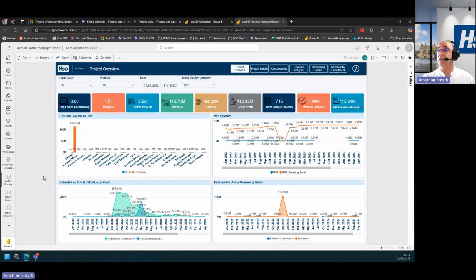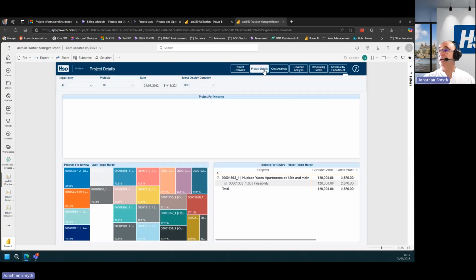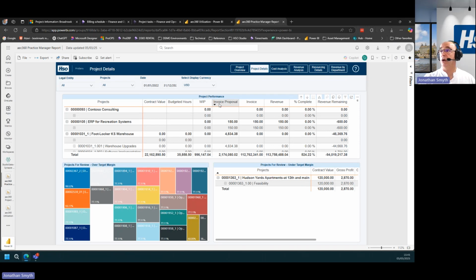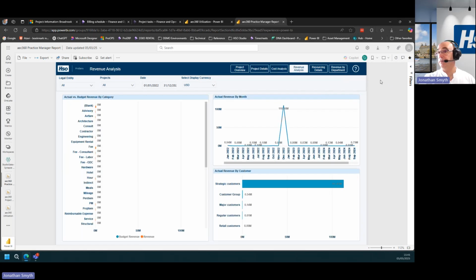Here, of course, we can see our days sales outstanding, our revenue, our backlog. We've got different perspectives just up here. So we can have a look at project details, for example, and our project work in progress. Almost $1 million of project work in progress in this example, or a cost analysis or a revenue analysis.